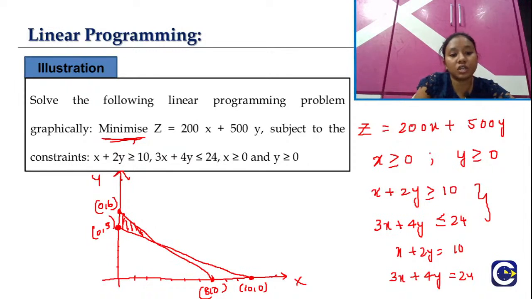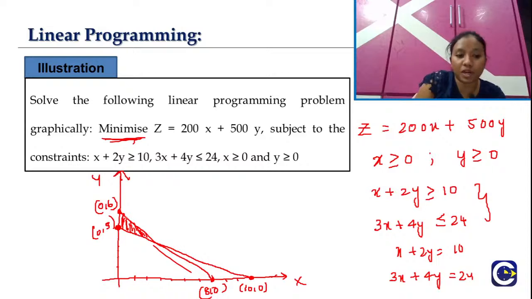Because for this one, x plus 2y is greater than or equal to 10, that means the above part. And for this graph, it is less than or equal to, that means the below part. So the feasible region of all the constraints is this shaded portion,